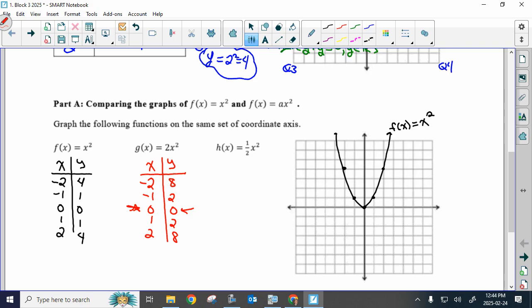Okay, so let's think about this for a second. If I took order of operation dictates, if I square -2, what do I get? What's the square of -2? 4. What's 2 times 4? 8. So don't just expect your calculator to do the work for you. Your calculator is doing the work for you, but understand what the calculator is doing for you. Okay? So when I graph this function,